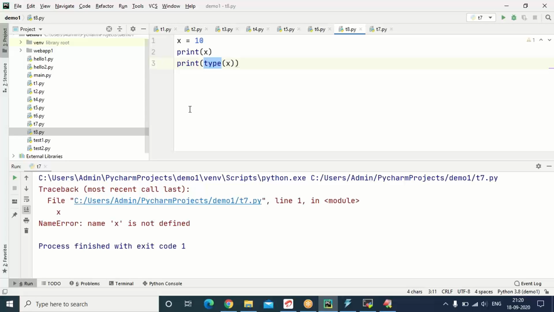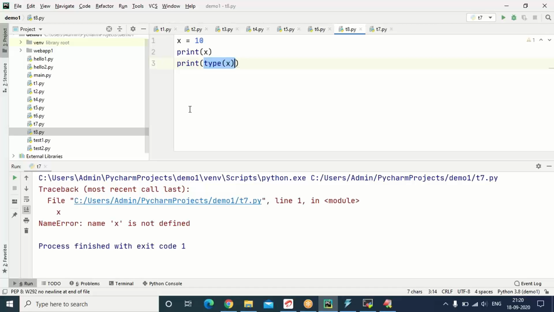But in Python, there is a type built-in function. To the type function, I'm supplying x. I need to find out what the type of x is. Whatever type x returns, I'm printing through the print function.